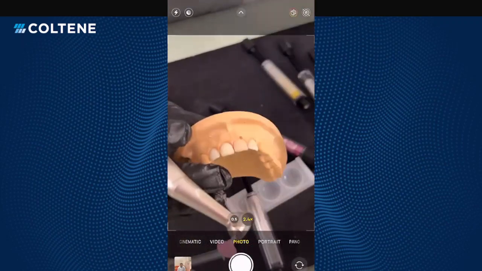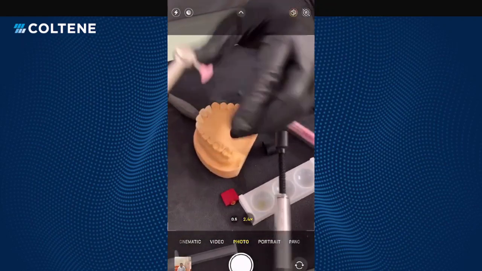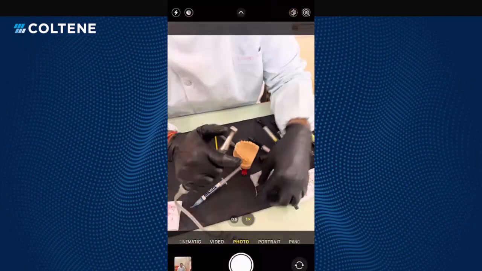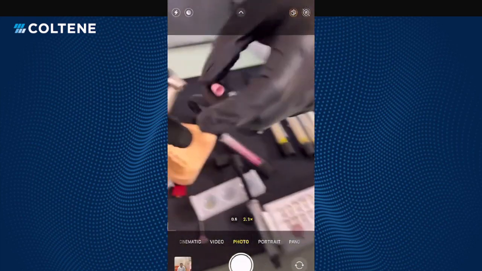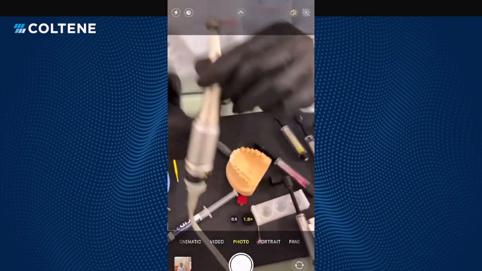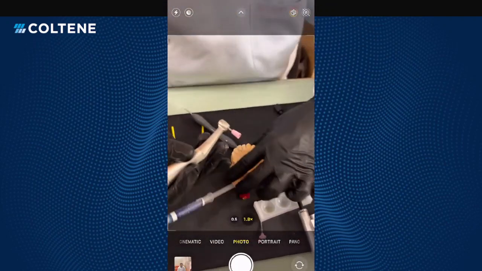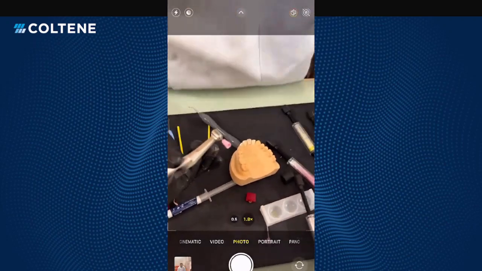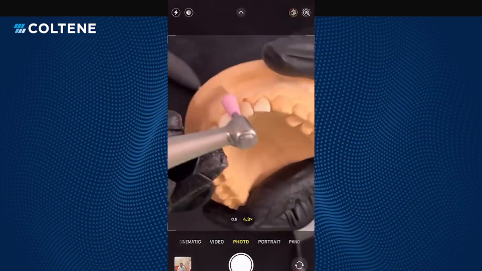Now, just to show you the use of other attachments, how we use them. Somebody asks, what is this shape? This is a different type of cone. I can use it for the high speed, no problem. It should not be used like this. It's always to be